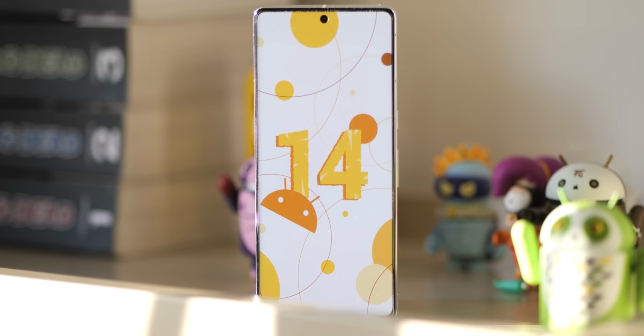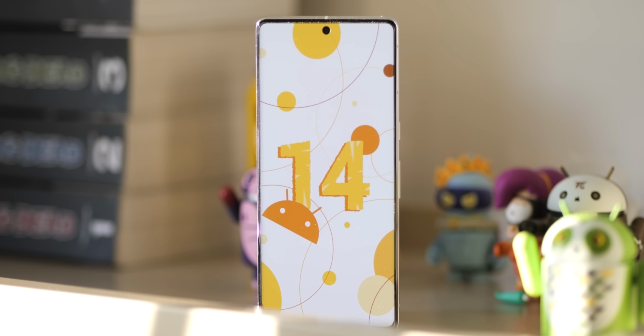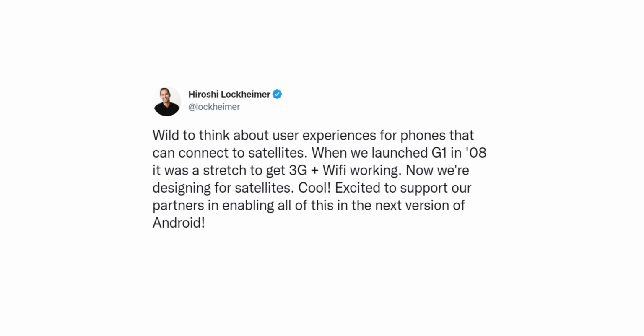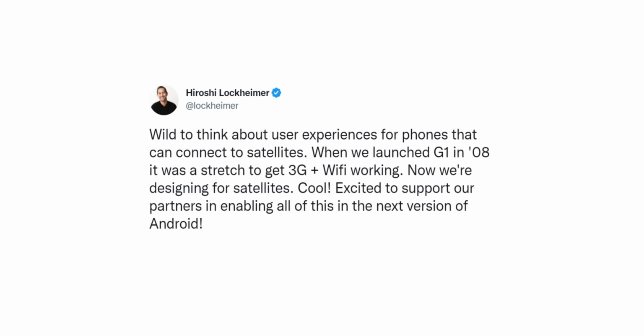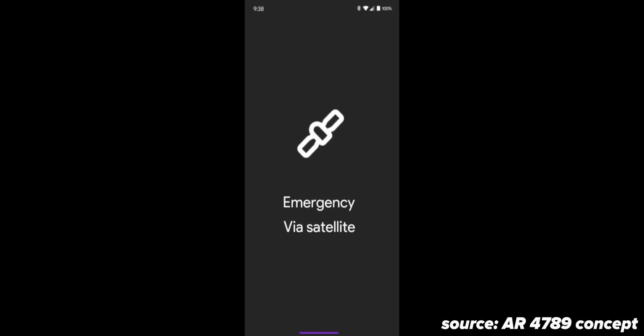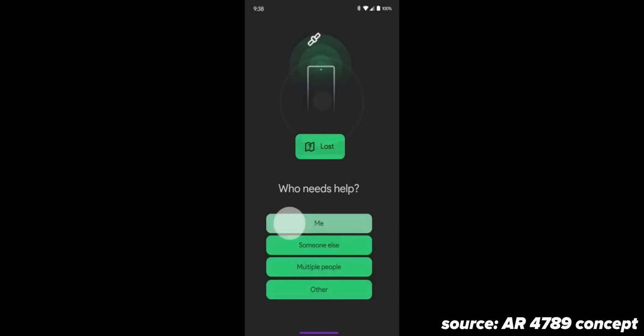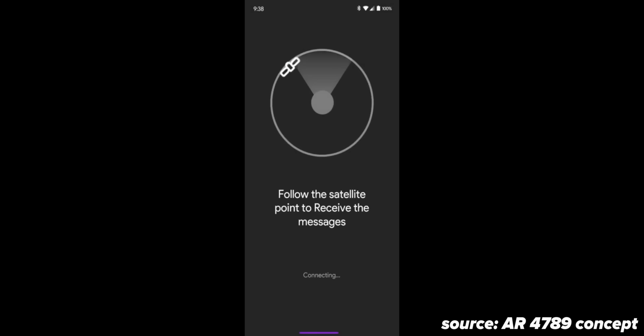Of course, the Pixel 8 series will almost certainly launch with Android 14 pre-installed. It's not clear, though, if this late 2023 flagship or the late 2023 flagship phones will include satellite connectivity for emergency messaging. Google's Hiroshi Lockheimer did confirm that Android 14 will support this connectivity at launch over on his Twitter account. Effectively, this allows your phone to connect to local satellites in areas where signal strength or connectivity is non-existent. Qualcomm is actually set to offer something similar on devices with the Snapdragon 8 Gen 2 chips, at least chips that are released with devices later this year too.